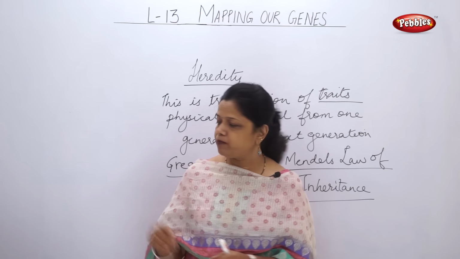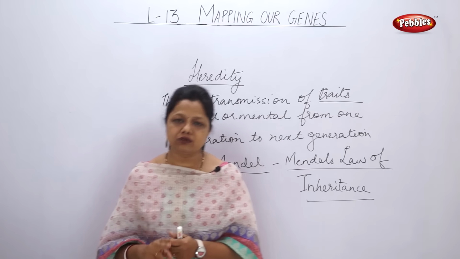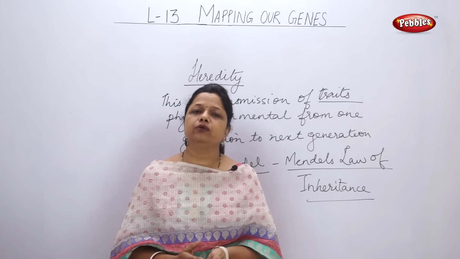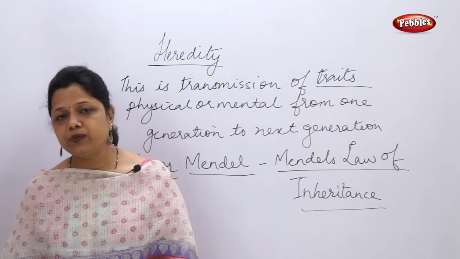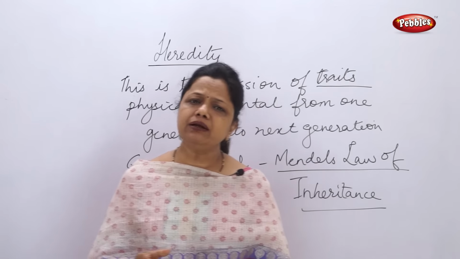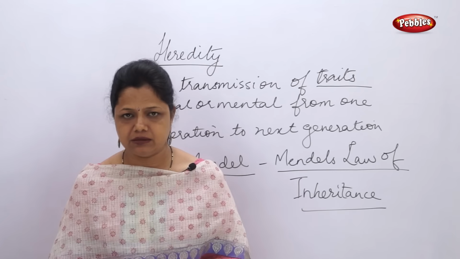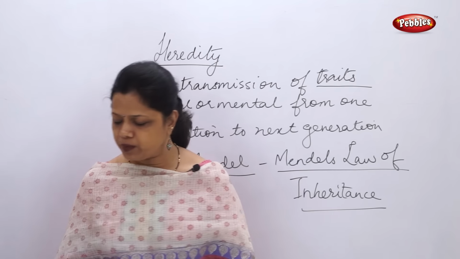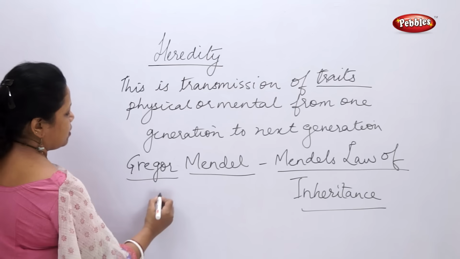So this Mendel's law of inheritance is based on the theory that the 23 pairs of chromosomes are equally contributed by father and mother. Now what type of experiments did Mendel do? You have to understand that Mendel first tried all his experiments on plants. He took a simple pea plant found in his garden, known as Pisum sativum.